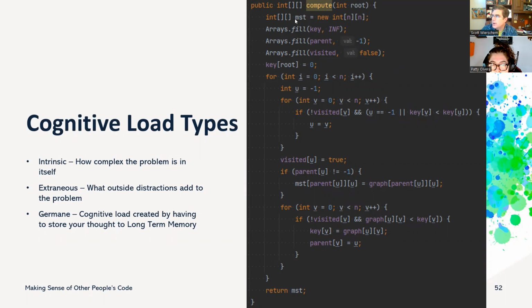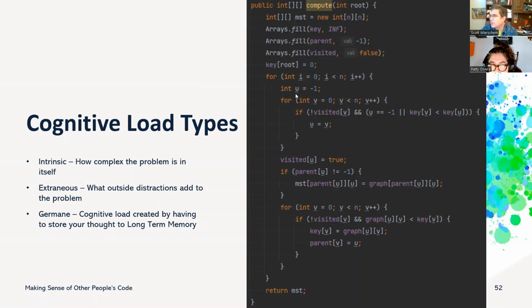See, we're filling some arrays here with some values. Got a big for loop here, and then another loop here, 2 loops inside the big loop. And then variables that we're storing stuff in. We got these little 1-letter variables.